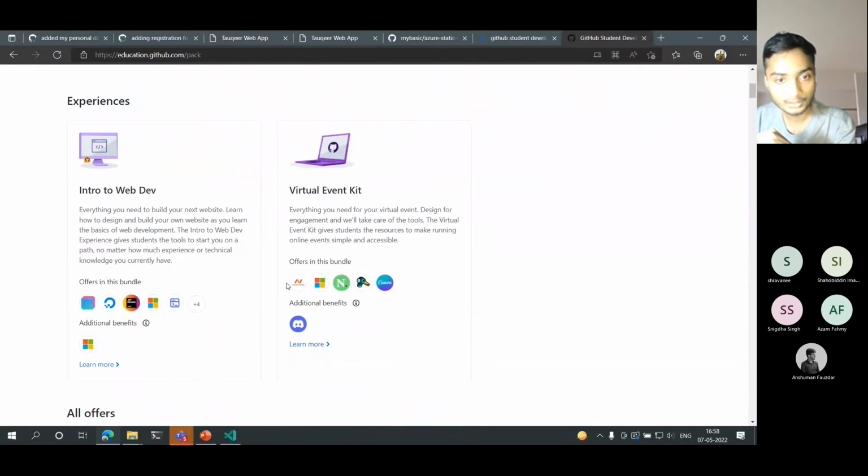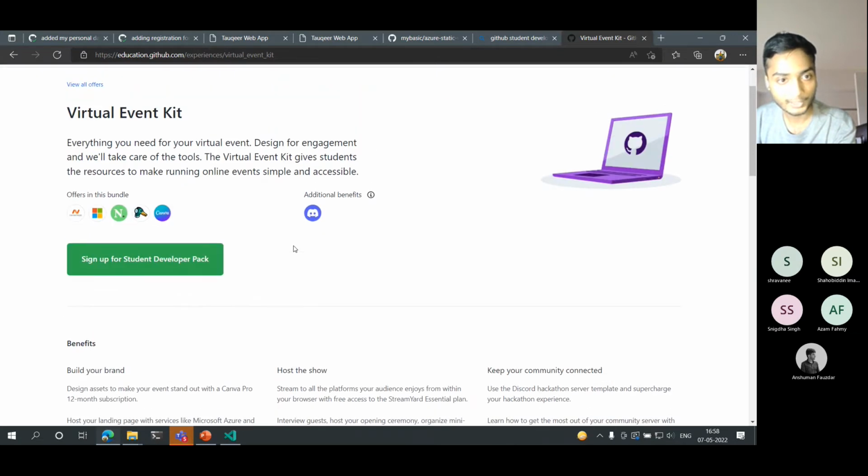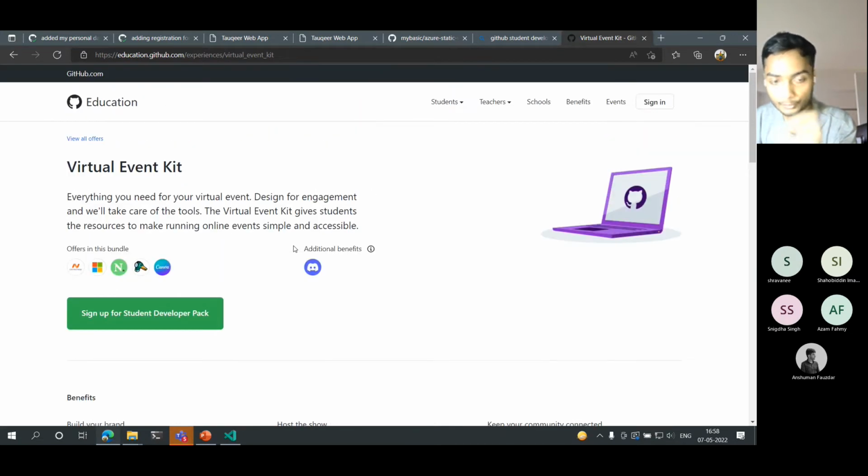One more thing over here. From there itself, you can get the virtual event kit. GitHub does provide the virtual event kit for students who host events, who design, who love engagement with the students. So they are providing you this using the GitHub Student Developer Pack. So this is all that I wanted to share.